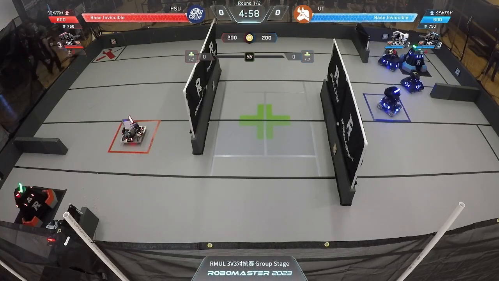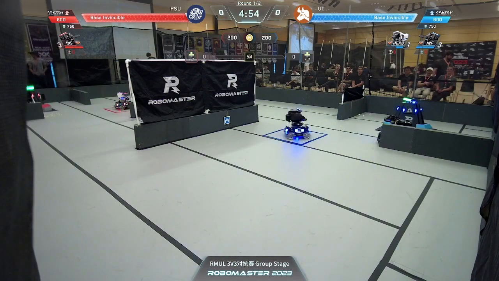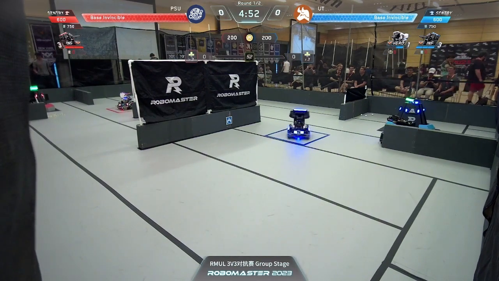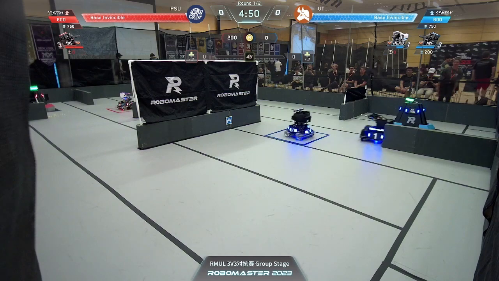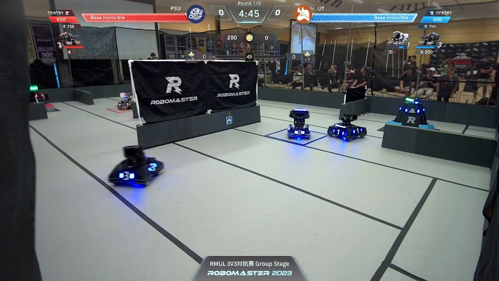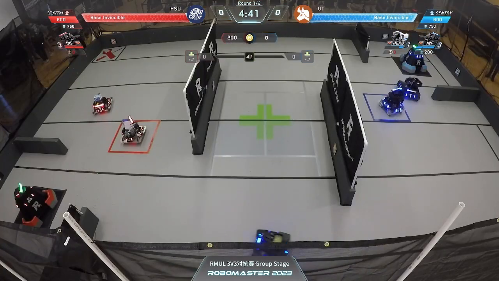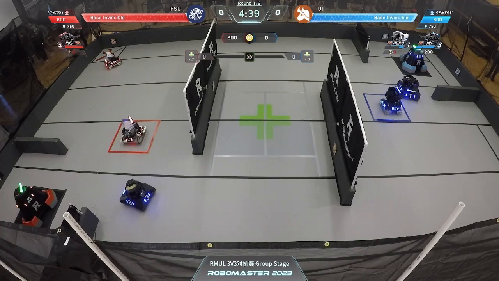Look at the crazy spinning sentry from the University of Texas. All right, UT with that classic opener. Kinda. We'll call it a variation where the hero rams into a wall and takes half damage. But the standard for UT, able to go get ammo and is driving underneath the power limit, even though their hero's having some struggles. Penn State University following likewise, but a little bit behind, which is going to give UT